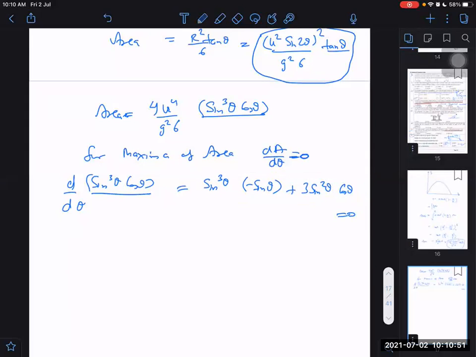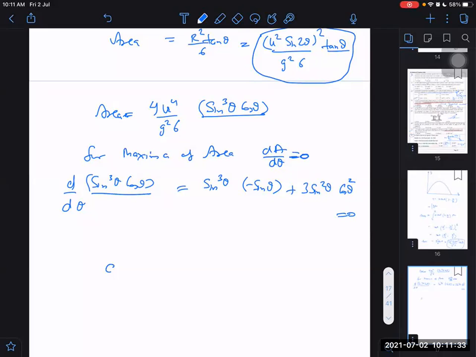This will be cos square theta, because while differentiating sin cube theta, we have to differentiate sin theta once again. The reason is chain rule. Because sin cube theta is not just x cube. If it is just x cube, then it will be 3x square. But whenever it is some function whole cubed, then I have to differentiate that function again. I have to differentiate sin theta once again, which will give us cos theta. So there is one already cos theta, one more cos theta comes, which becomes cos square theta.